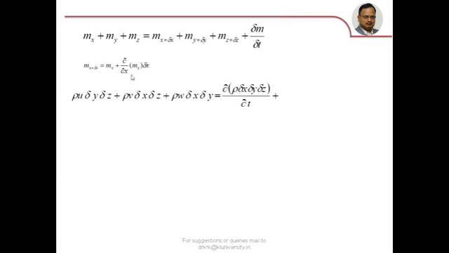M at z plus del z is mz plus dou by dou z of mz into delta z. So by writing mx, my, mz and dou m by dou t, where mass is density into volume, rho del x del y del z, by delta t, plus